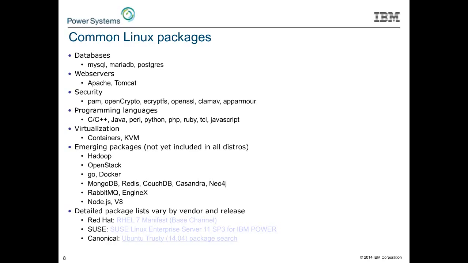If you want to know specifically what's in your version, here in this last section on the slide, you can see URLs to where Red Hat documents their package list, or manifest as they call it, for RHEL 7. The last list that was published for SUSE was SLES 11 SP3, and Canonical has a generic interface where you can go look for specific packages by name out of their repository and really search for it. That's a link to the package inquiry engine where you can get information on the various Ubuntu releases. So that gives you some flavor of what is in the distribution.